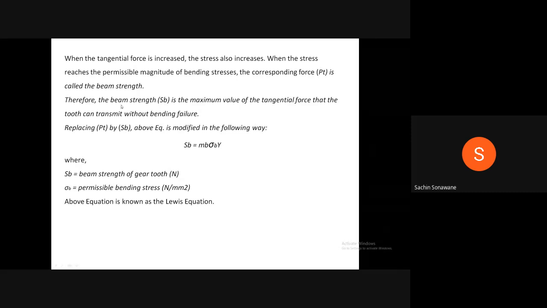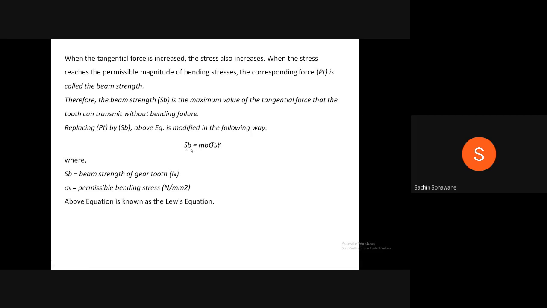Therefore, the beam strength Sb is the maximum value of the tangential force that the tooth can transmit without bending failure. Therefore, replacing Pt by Sb in the above equation, we get